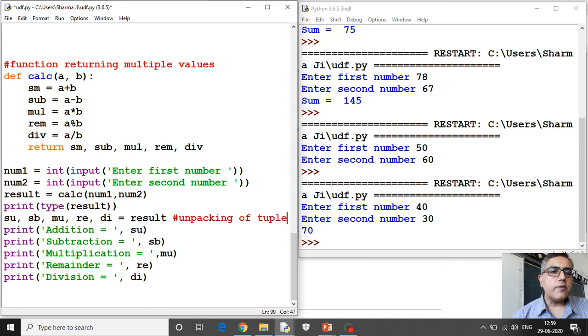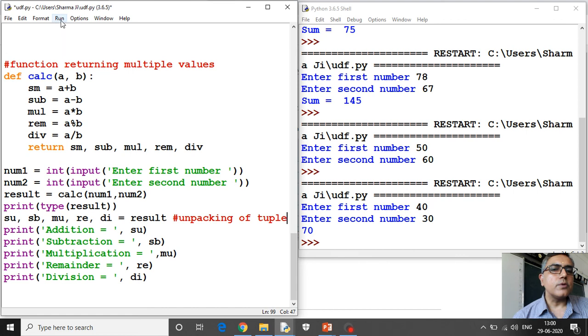Okay, so what changes have I done here? After reading two numbers, the result which the function is returning is saved in only one variable, result. So it is returning a tuple. So result will become a tuple. That will be proved by this statement.